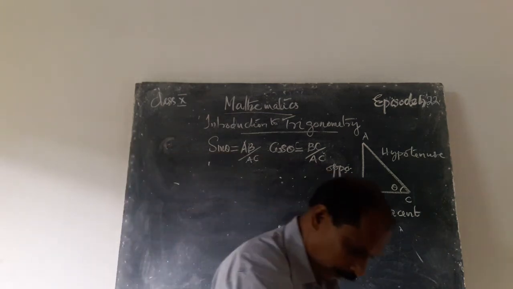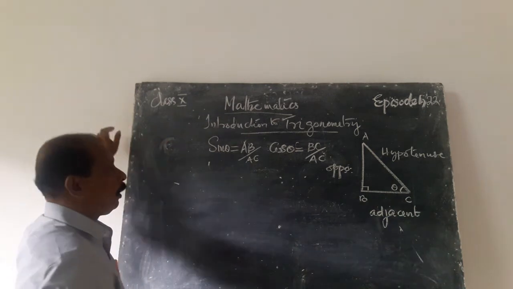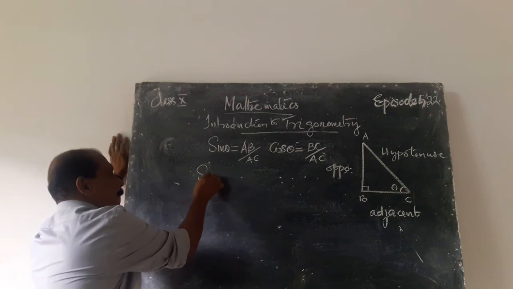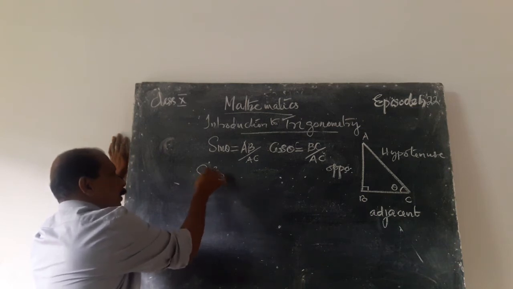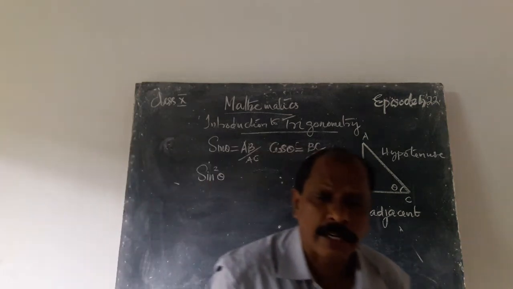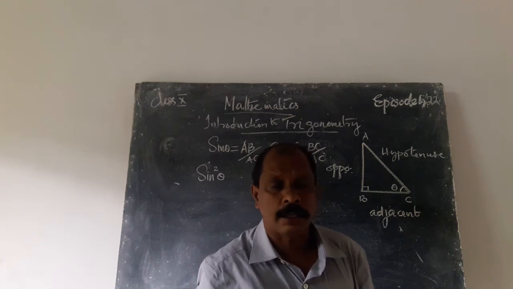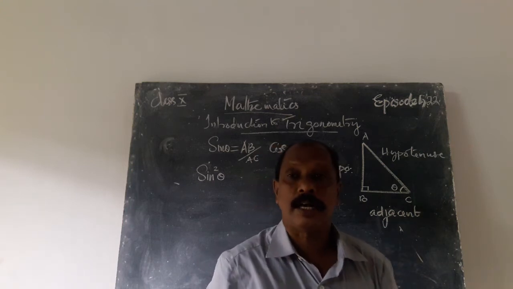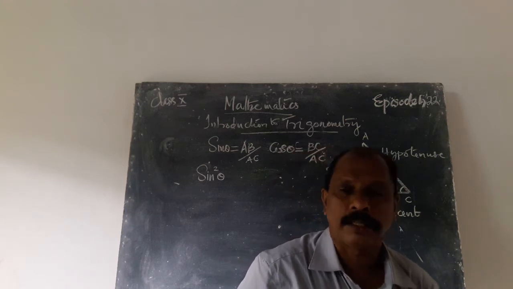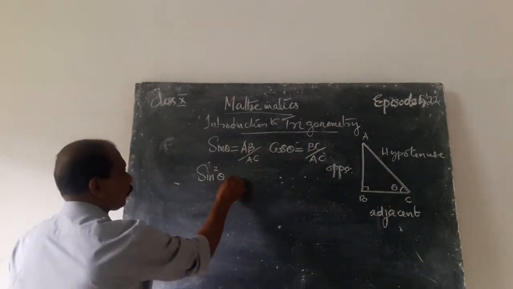Listen, we know that there are sin theta and cos theta. Take the square, that is sin square theta, that is sin theta the whole square, but it is read as sin square theta. That is sin theta into sin theta is sin theta the whole square, but we always write it as sin square theta. It is also read as sin square theta. That is the square of sin theta plus cos square theta